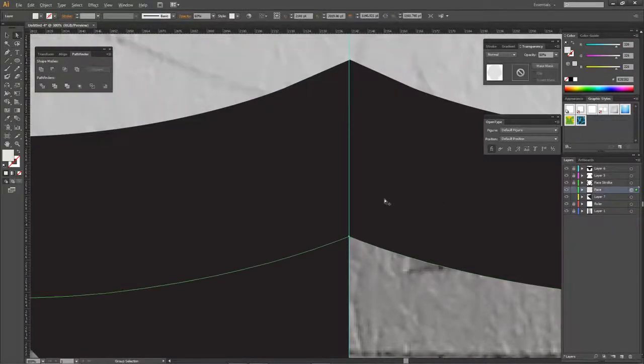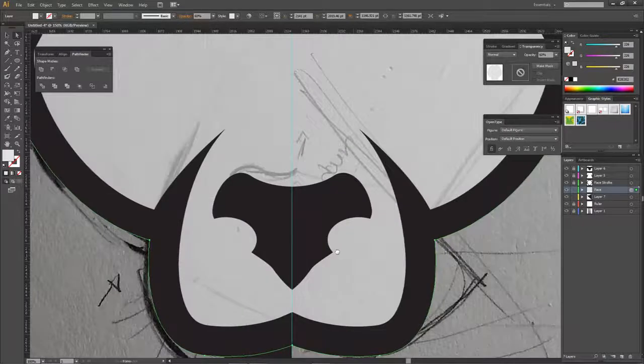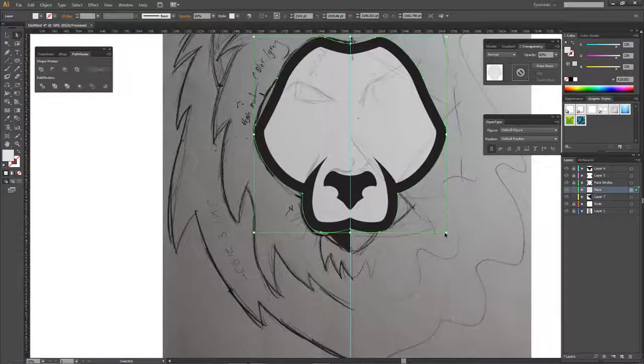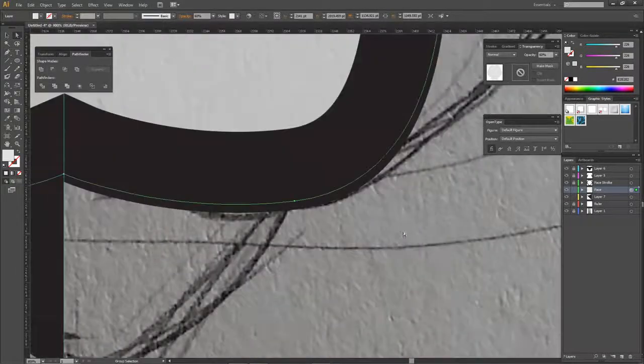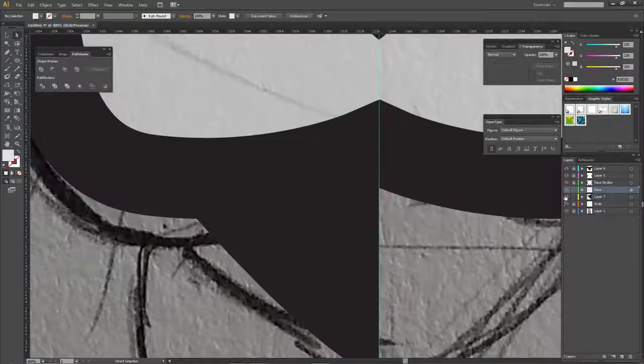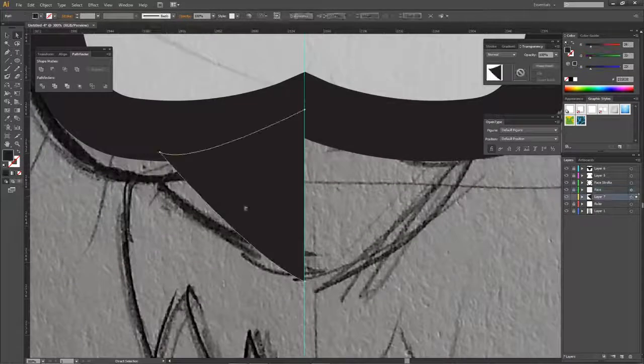If you want to get rid of that, all you have to do is click on your face layer, select your face layer, and then use Control and just bring it in with Alt and Shift selected on the corner. Bring it in just a little bit, and you'll get rid of that annoying line right there. That's just a way you can fix it really quickly. And I'm going to go ahead now and